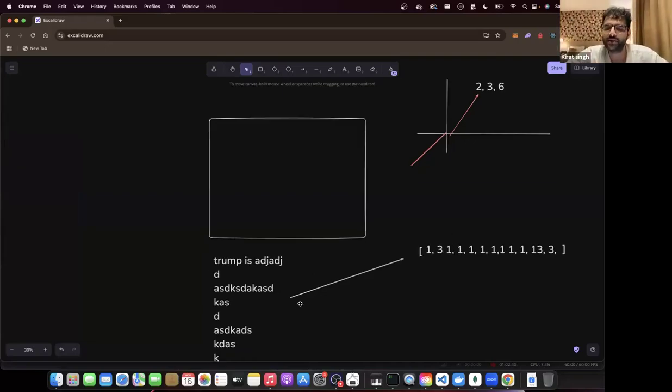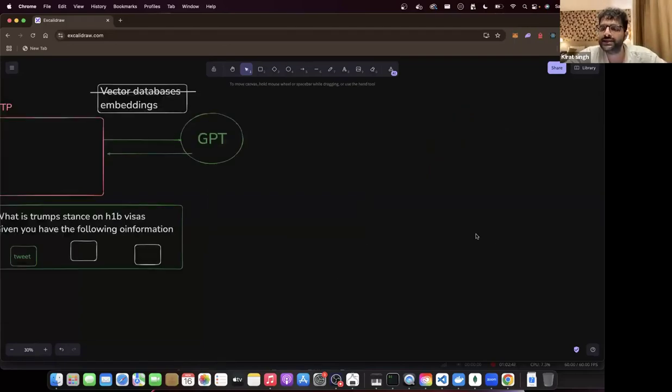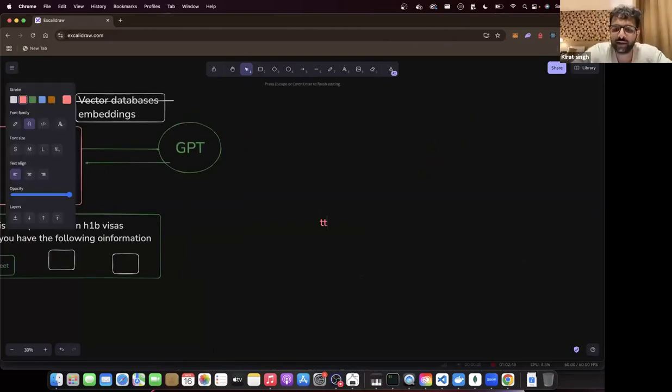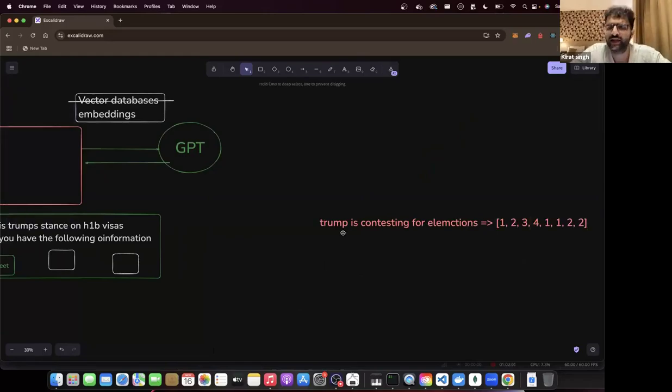So GPT is not trained on a bunch of text, but a bunch of vectors like these. And anytime you get any sentence, for example, Trump is fighting, is contesting for elections, you can convert into an embedding. There's a simple embedding model by GPT, you can use a different one. But एक simple model है, उसको आप text भेजो, आपको numbers लौटा दे कि इसका embeddings ऐसा दिखता है.